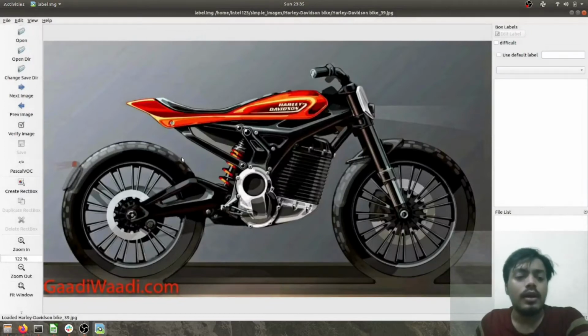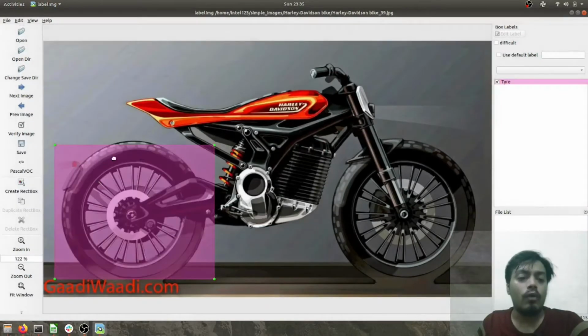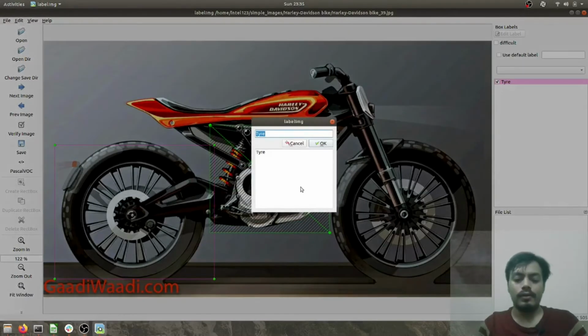Now I'll manually annotate it. Just create a rectangle box. So this is a tire. Now I want to annotate the engine. So this is an engine. Cool.